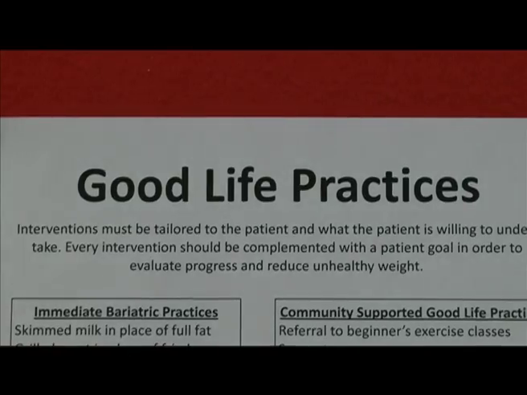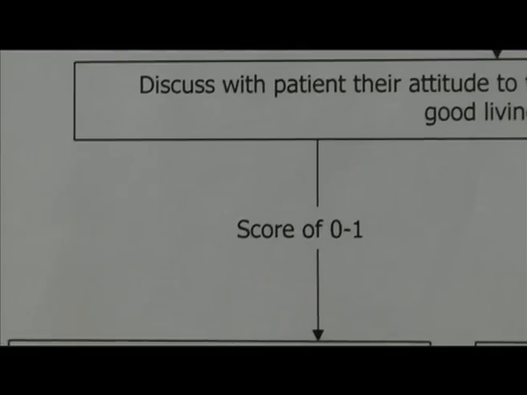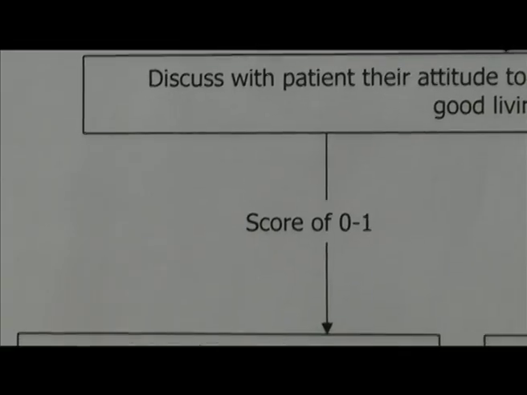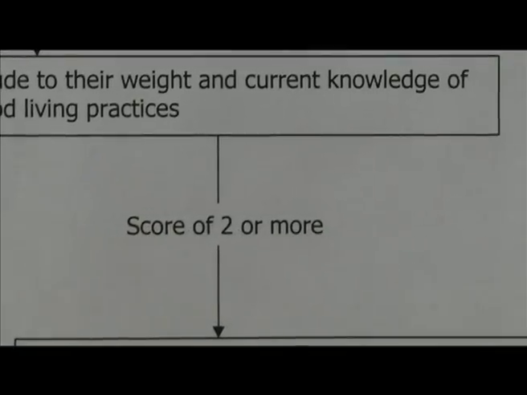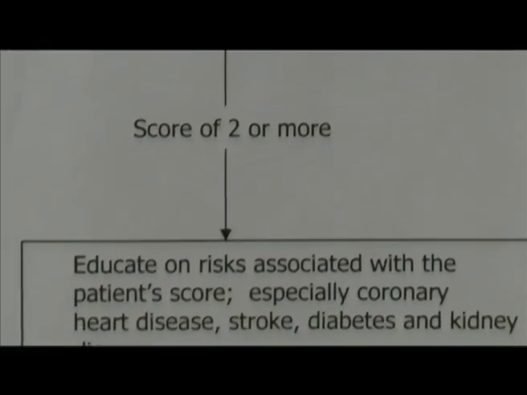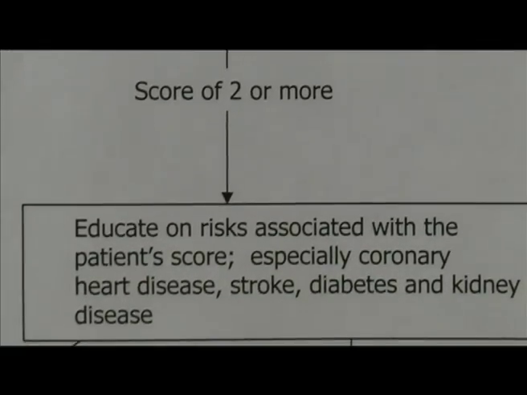Stage 3 is to discuss with the patient their attitude to weight and current knowledge of good living practices. The tool then divides the scores. A score of 0 to 1 educates and encourages on good living practices using the guide in the tool. A score of 2 or more educates on the risks associated with the patient's score, especially coronary heart disease, stroke,